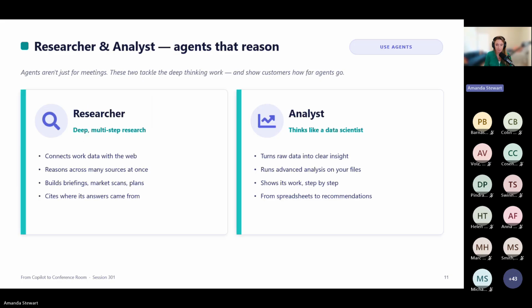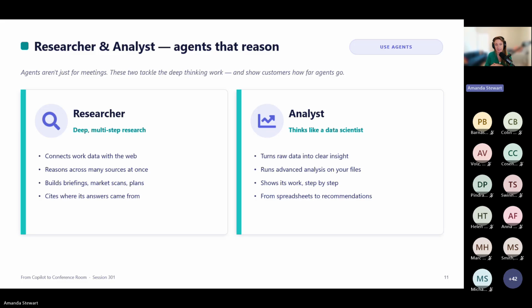Okay, so I added researcher and analyst on purpose because I don't want anyone leaving thinking the agents are only a meeting thing. Agents do deep reasoning heavy work too. So the researcher agent does multi-step research. It connects your internal work data with the web, and it reasons across many sources all at once and produces real briefings for you. So a market scan, a customer background, a plan, and it cites where the information came from.